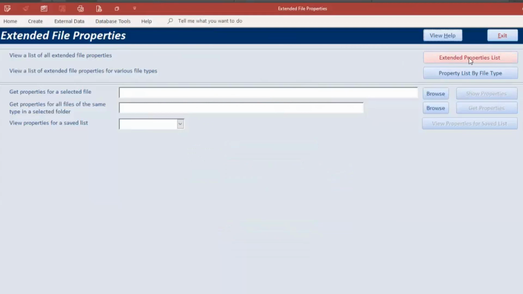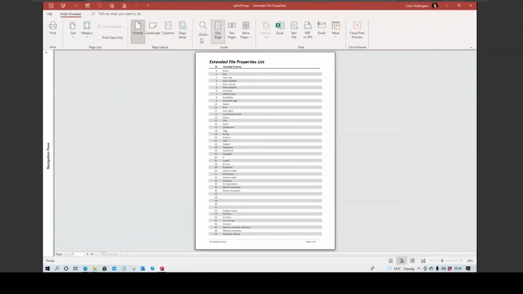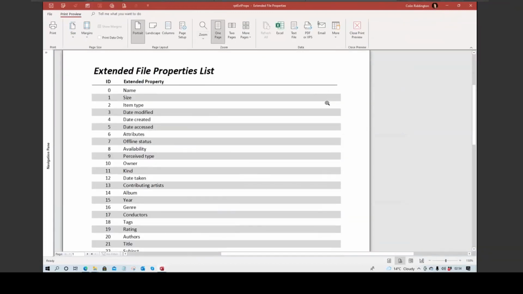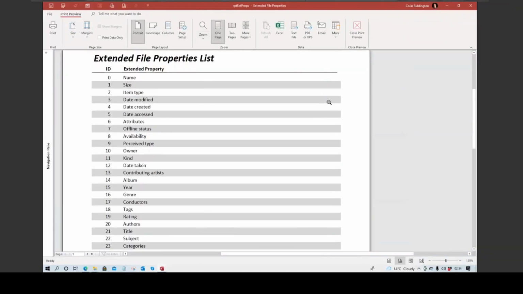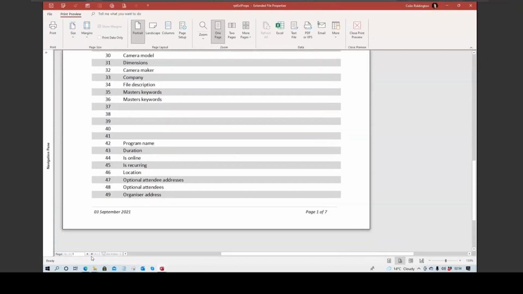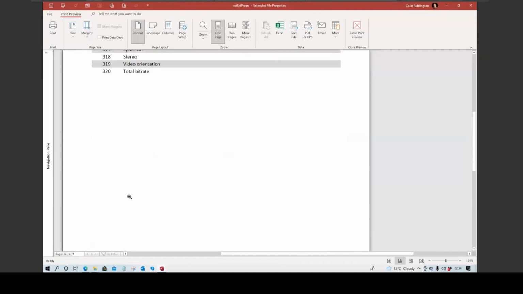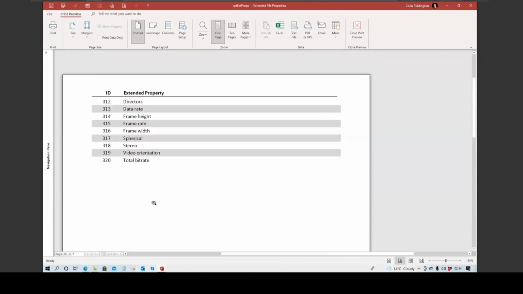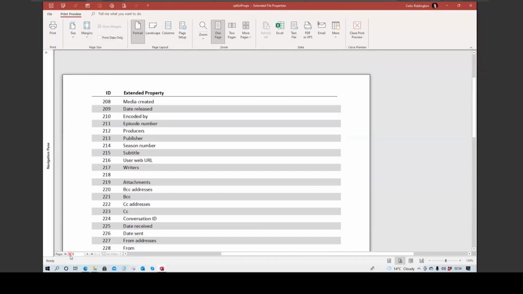First of all, there are, at the moment, in Windows 10 anyway, 321 extended properties, not including any user-defined properties. And this button here then opens a report, which I'll just zoom slightly here. This shows all of the extended file properties that are available for any type of Windows file. As I say, there are 321 of them, starting at number 0, going up to 320. There are certainly nothing like that number in any individual file, and most have somewhere between 20 and 40. It depends on the file type. If I just close that then,